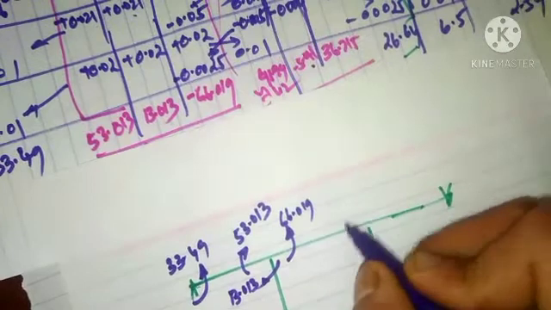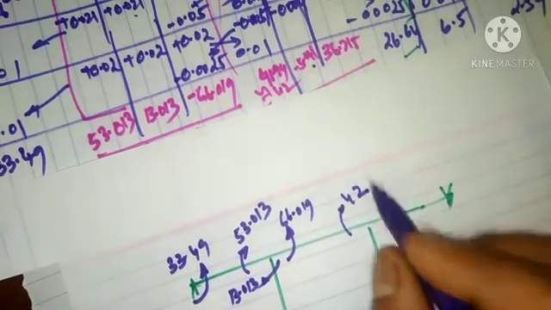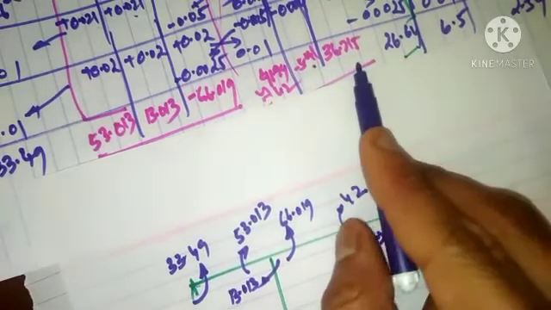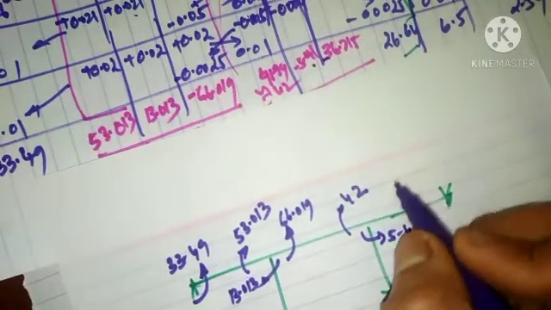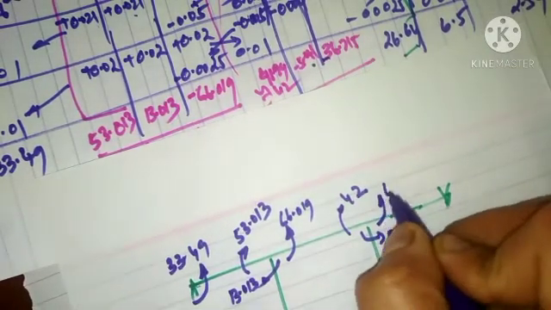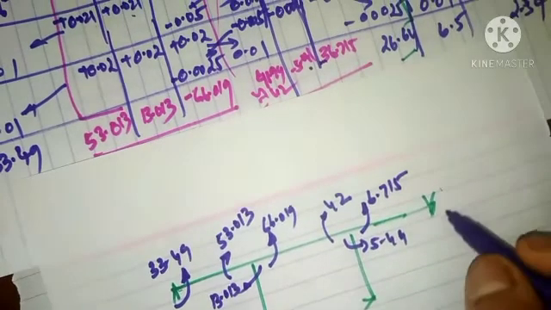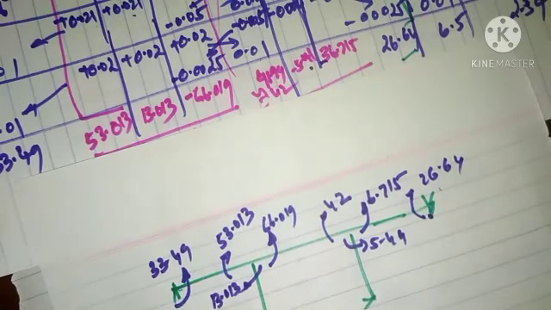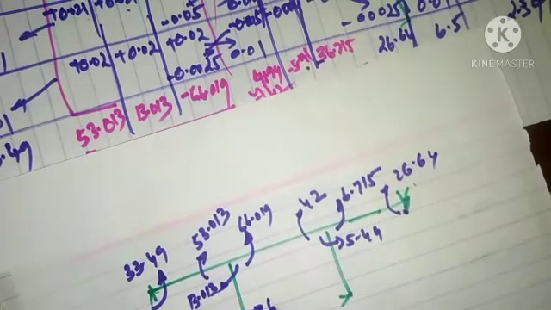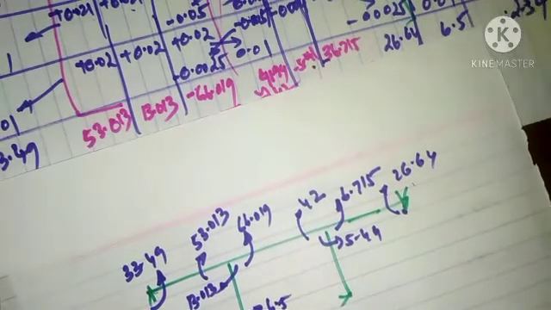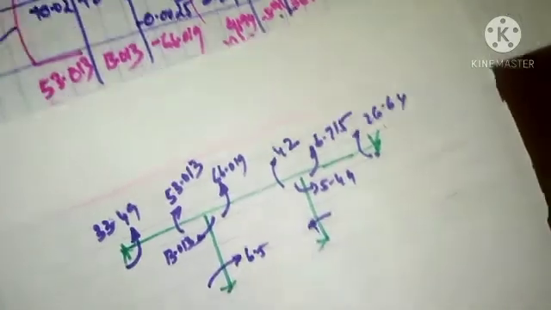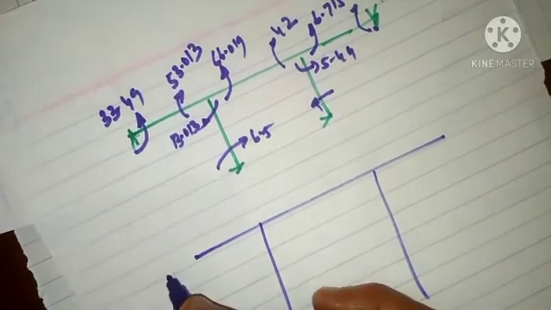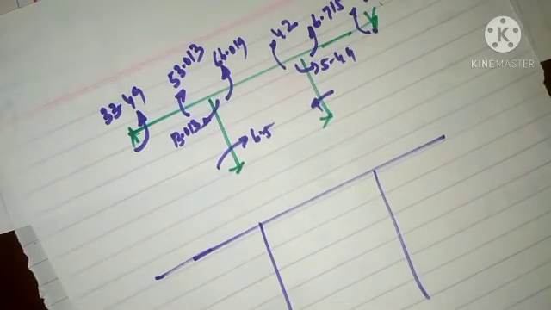Next value is 42 here, and 5.41 anti-clockwise, and next value is again minus actually, which comes as 36.715, and DC, which will be clockwise, 26.64. Now EB is 6.5 clockwise. 2.54 is minus, which will be in the anti-clockwise direction. So these will be the directions. Considering these directions, we need to draw the bending moment diagram. The best way is to go by the direction of the loading.